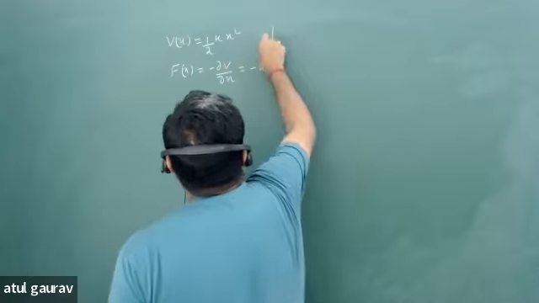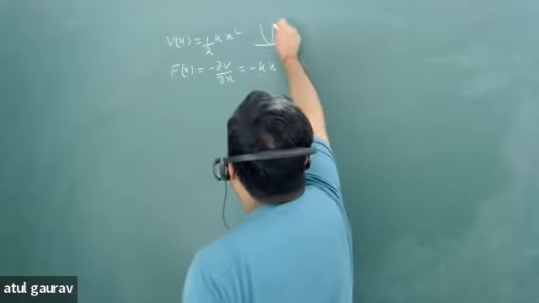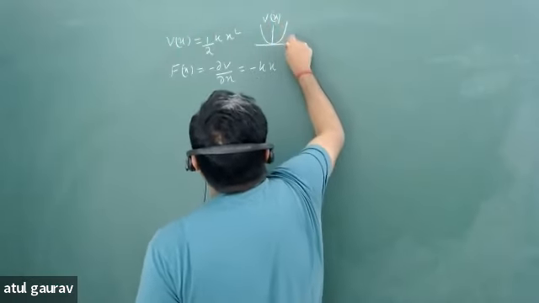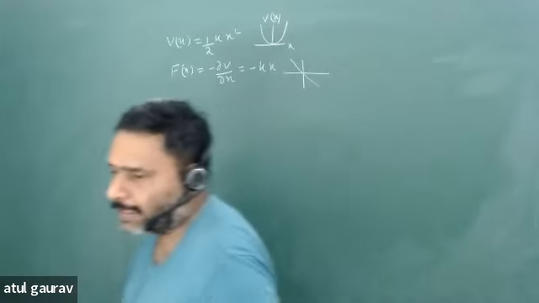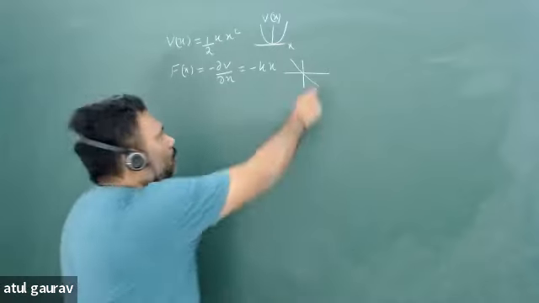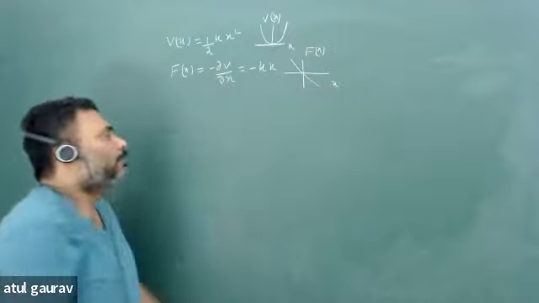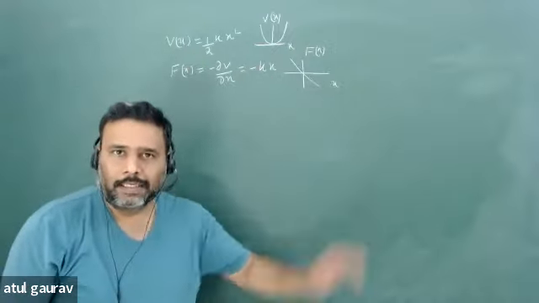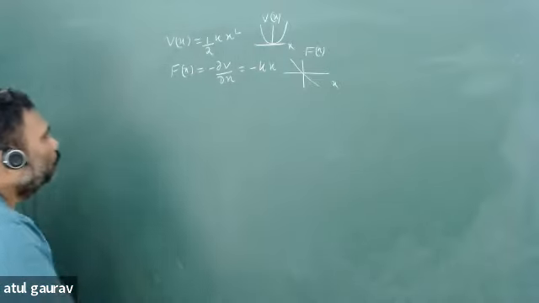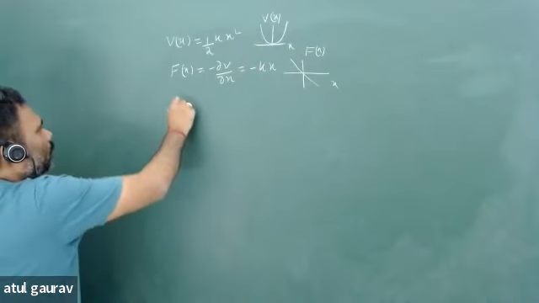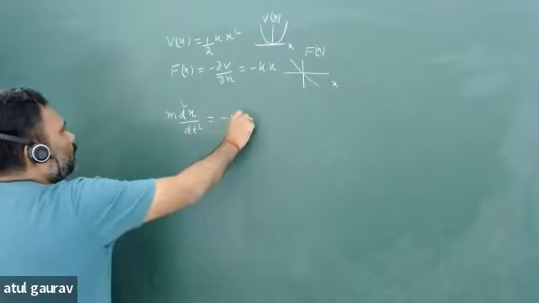So your potential is something like a parabola, and if you are talking about your force versus x, this will be something like a straight line. Linear force is there and changing with x, due to this negative sign, and k is positive. जहां भी हम अभी तक ले रहे हैं, k हमारा हमेशा positive constant है. Okay, now if I write the equation of motion, then the equation of motion is d square x upon dt square is equal to minus kx,